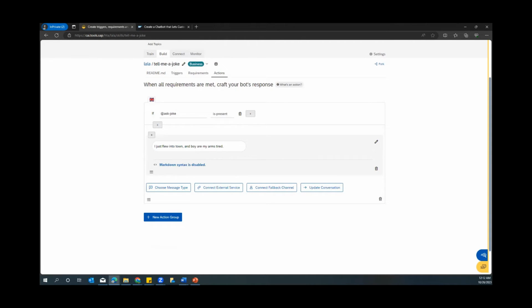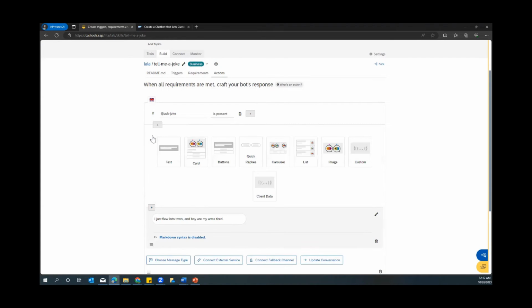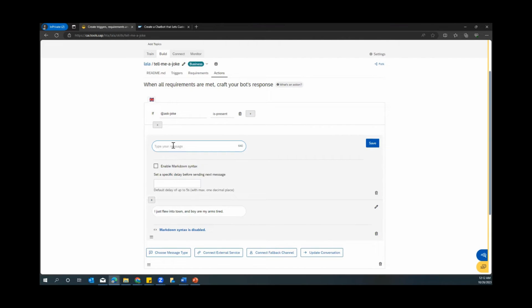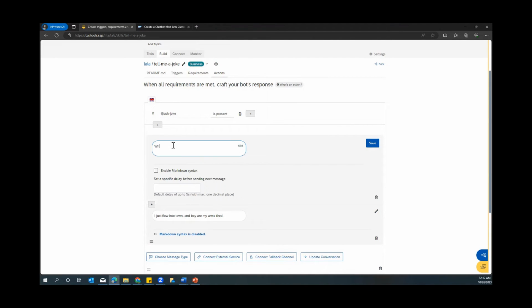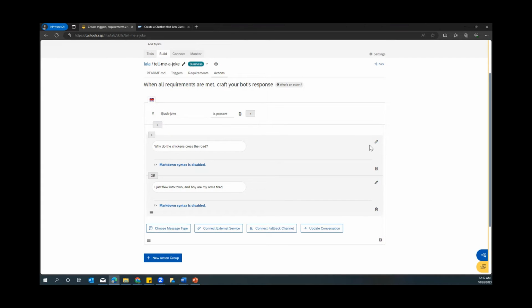If you have more jokes, right, you can always add them in here. Click the plus button here to add some other jokes. Why do the chickens cross the road? My kids always ask me this, so it's probably one of the few jokes that I know, even though I don't find it funny. Okay, so again, our bot's going to randomly pick a joke, okay,